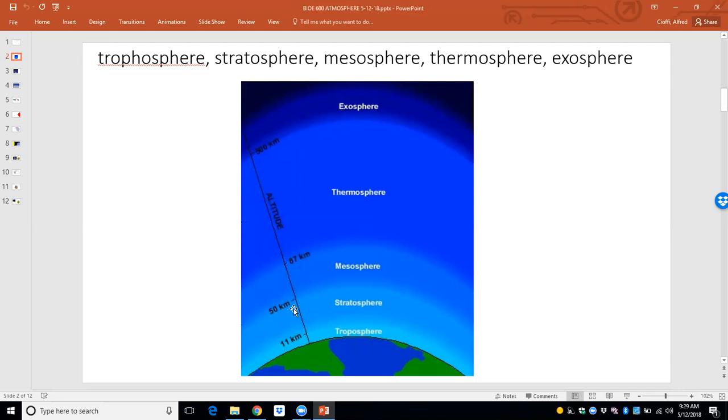Then another 40 kilometers, and you have the stratosphere, where most of the phenomena that we observe are occurring, including the high cloud formations and all that. That's up to 50 kilometers. And then approximately another 50 kilometers, more or less, it's a kind of a large boundary there, is the mesosphere or the middle sphere. You notice of the 5 layers, this is the middle one, mesosphere.